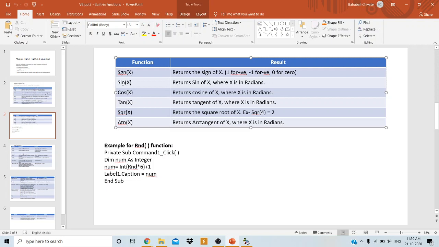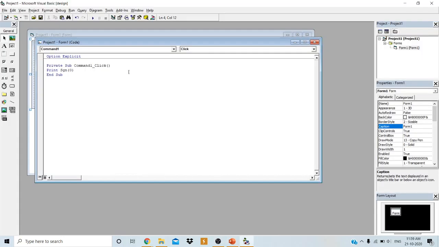Then next we have, see, don't get confused between SGN, the sign function, and SIN. The function SGN is going to return the sign of a number. This is the sine value. Sin(x) is going to return the sine value of x in radians.